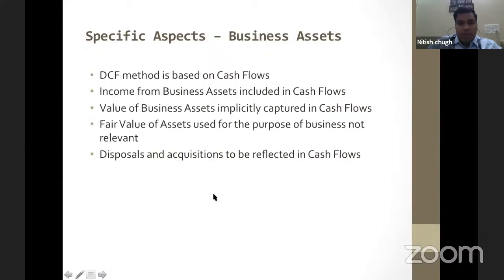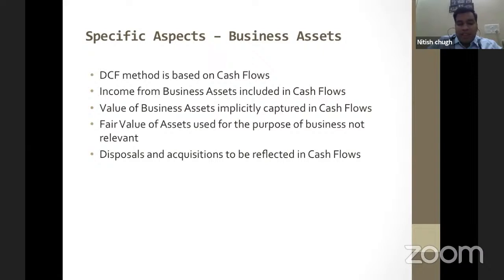Then business asset. DCF method is primarily based on the cash flows. So income from business asset is included in the cash flows. Value of business asset is implicitly captured in cash flows. Business fair value of asset used for the purposes of business is not relevant, because these are being consumed in the cash flows as well. आपने जो भी assets consume करे हैं during the explicit period or till the life of the project, उनकी fair value consider करने की जरूरत नहीं है, because whatever you are earning today in these cash flows, it is due to the consumption of assets only. So the fair value need not be considered, but